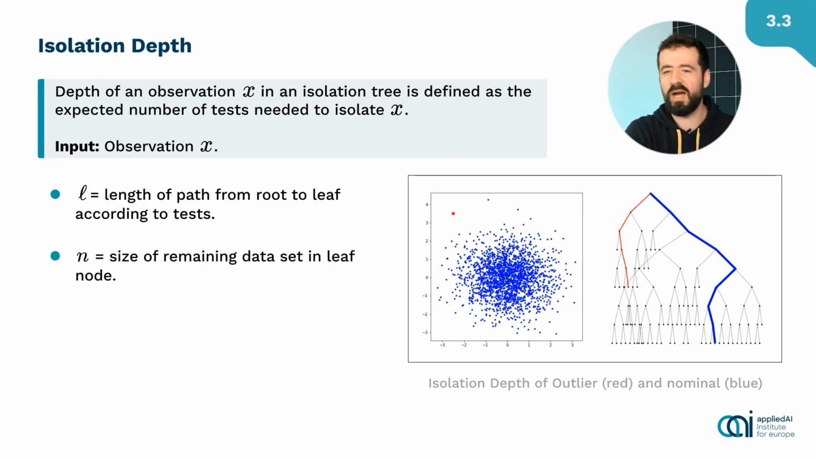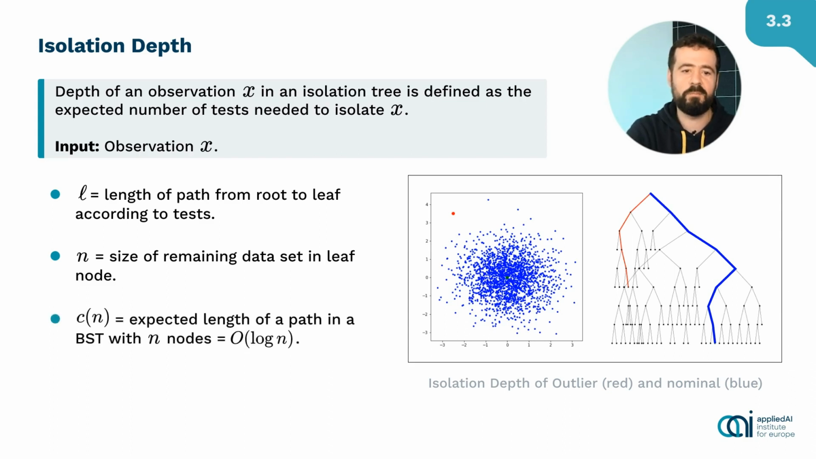We want to compute how long we would have needed to proceed with our splitting procedure in order to separate all of them. And for that we take a well-known number, C of n, which is the expected length of a path in a binary search tree where n nodes are inserted. This is about O of log n. So finally, our isolation depth, h of x, will be L, the length from the root to the leaf, plus